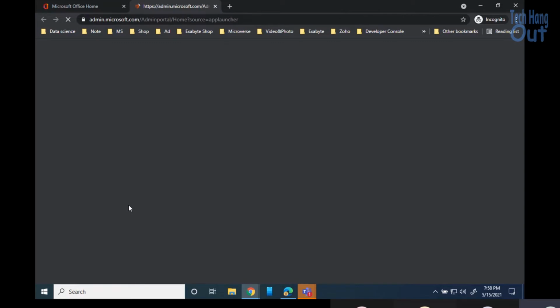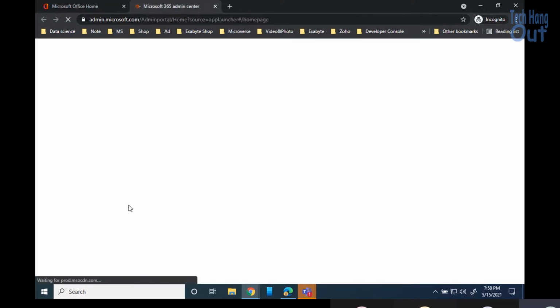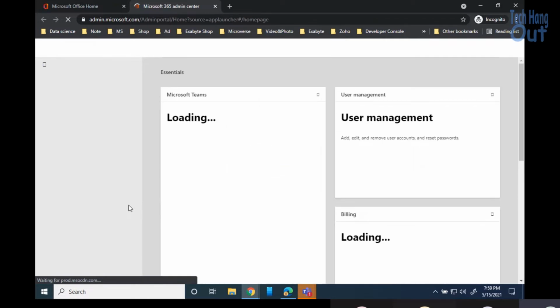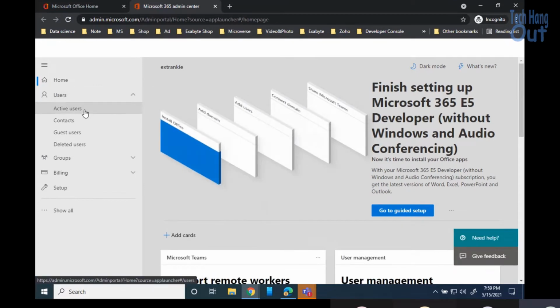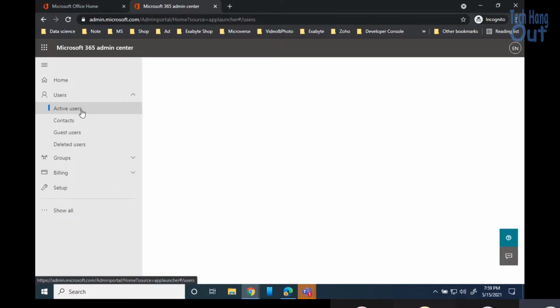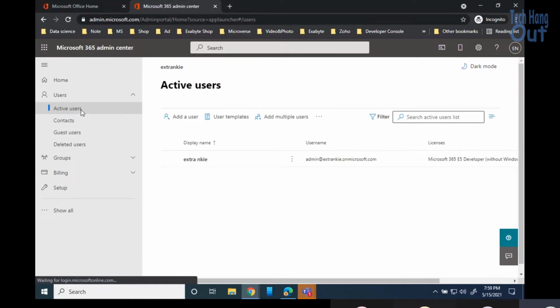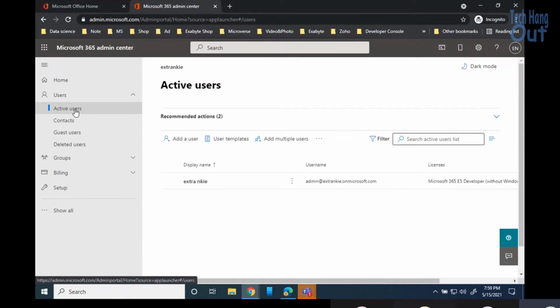Last week I was trying to mention each function of all those tabs and everything we have in the tenant. I think I stopped somewhere around active users. I will continue from there later on, but let me just quickly say something. If we click on active users, it just shows you all the users that you have, and when you come here you can see that my email address is this